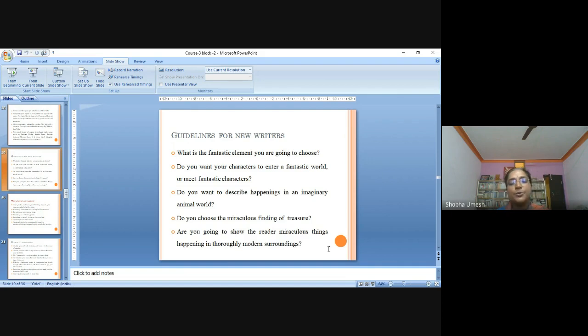So are you going to show the reader miraculous things happening in thoroughly modern surroundings? The next point is, are the miraculous things happening in the present world? You have to bring that ideology into your writing. So you have to keep all these things in your mind when you write for a child, bringing the fantasy world into the real world. So through fantasy you have to show them the reality of the world in which they are living,